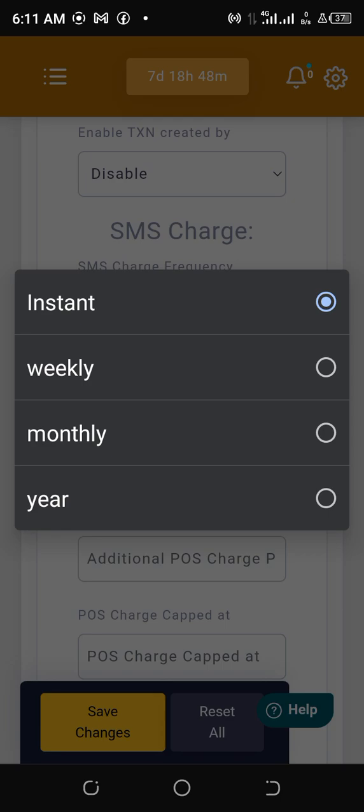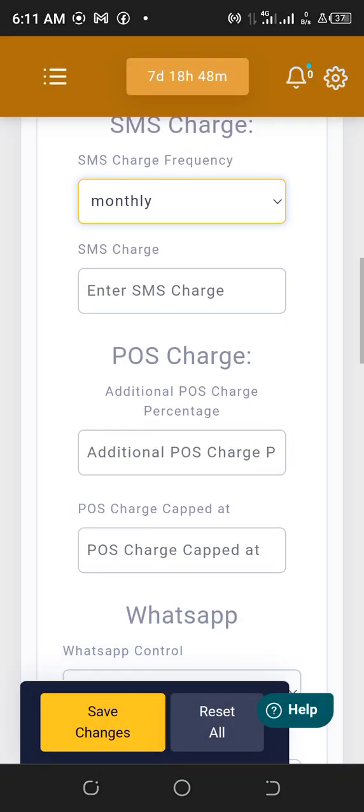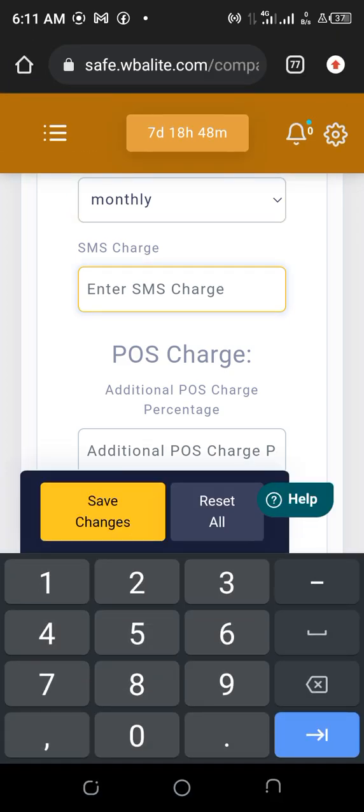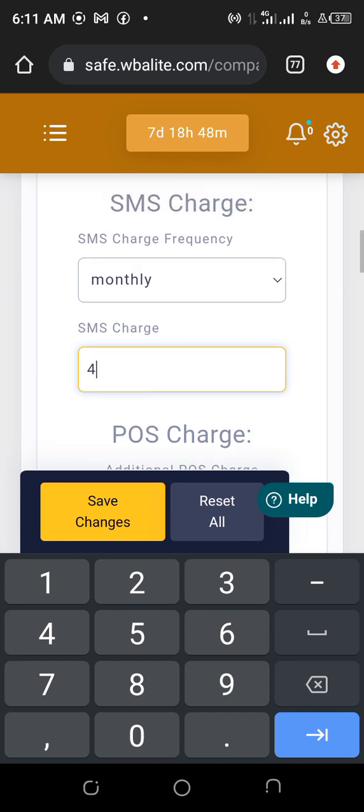On my SMS, I don't want instant SMS. I want monthly SMS. So I'll just go ahead and enter the value. I want to charge 4 naira. So what happens here on the frequency simply means that on each transaction, the system will calculate 4 naira times